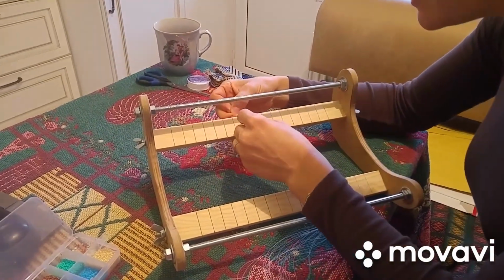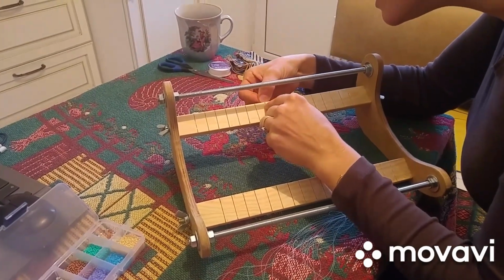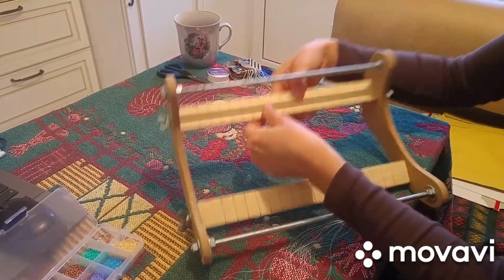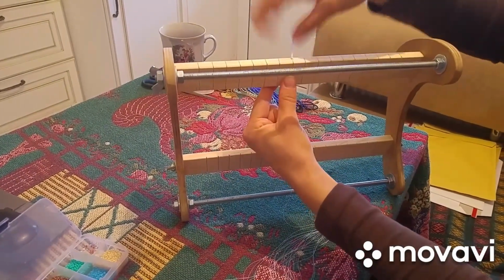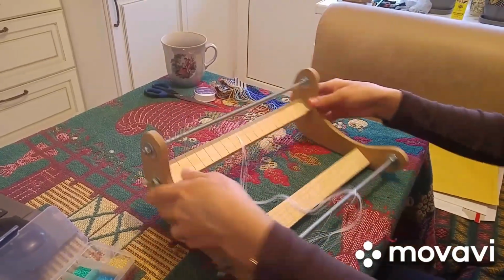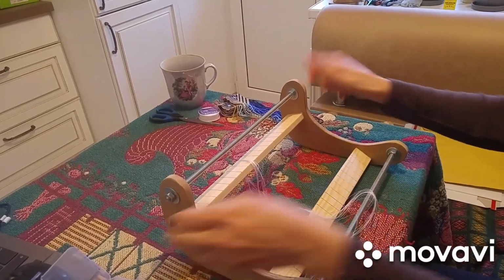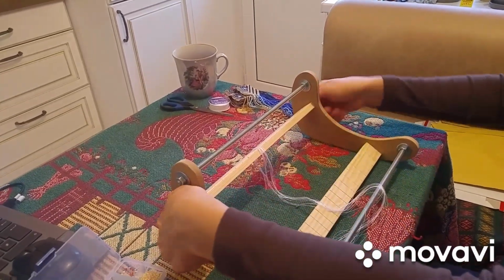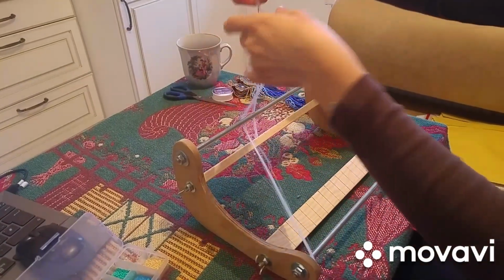So I put it central in this cutting. The knot will help you to fix the yarn. Later you can lose the knot, but now it will help you. Then turn a little bit, just a little, like this. Then fix here, then